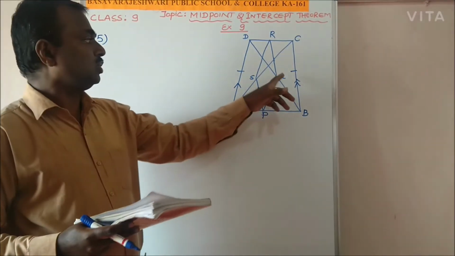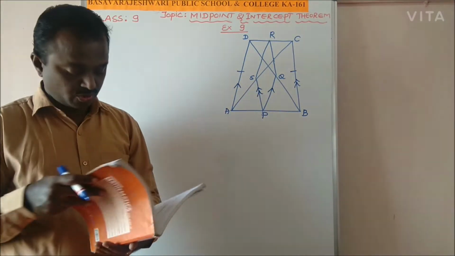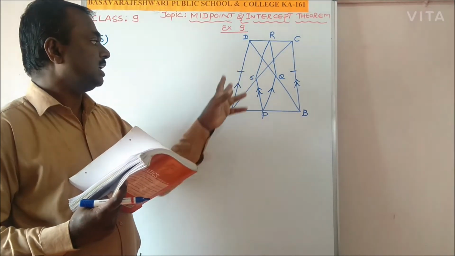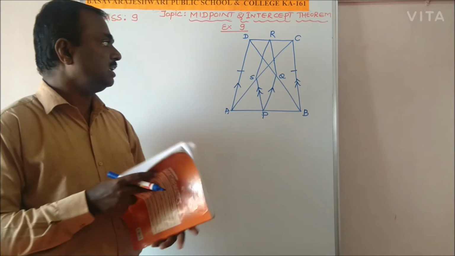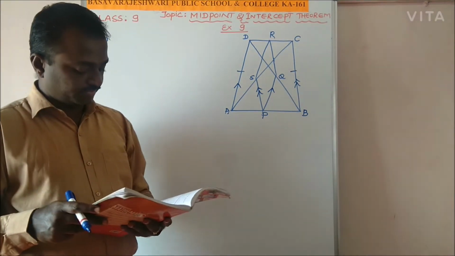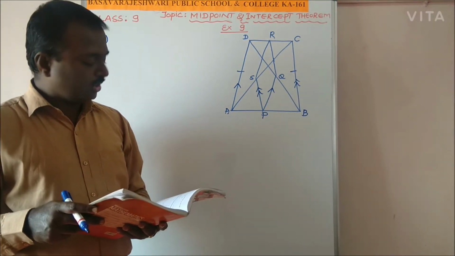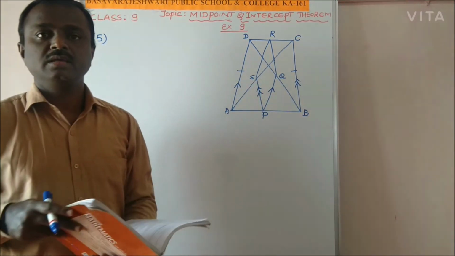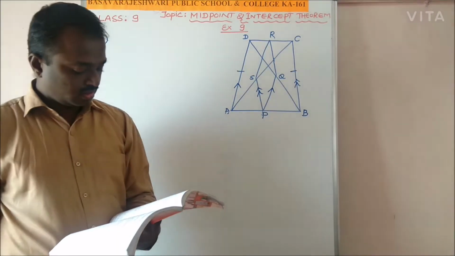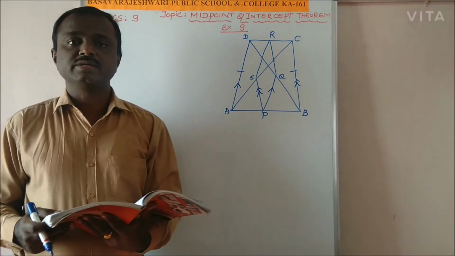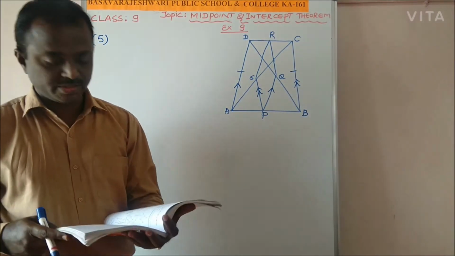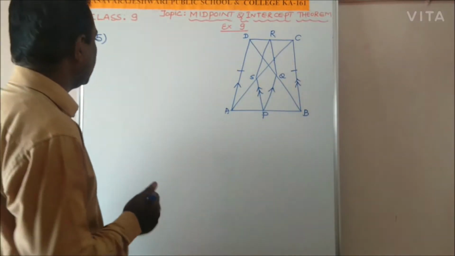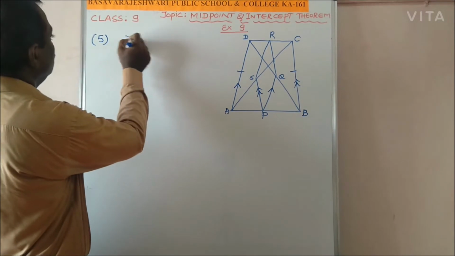P, Q, R, S are the midpoints of AB, BD, AC and CD. Prove that PQRS is a rhombus. That means all the sides are equal. So now one by one we can take